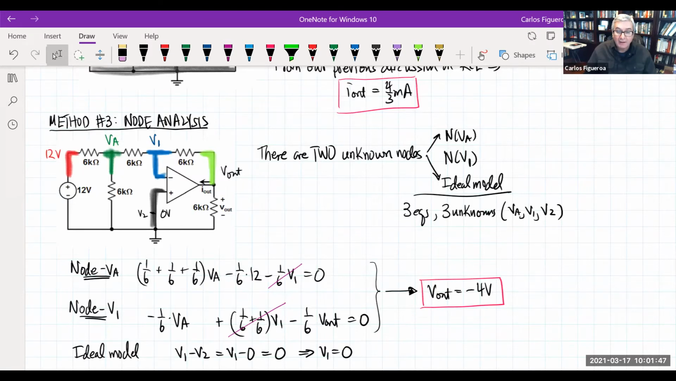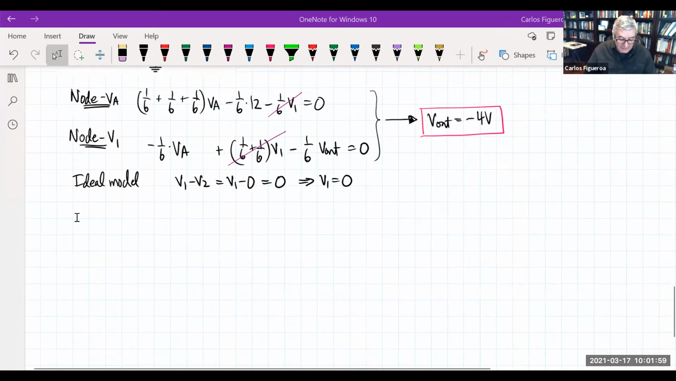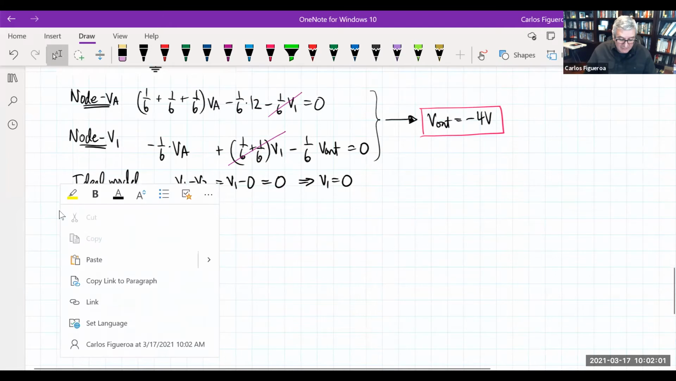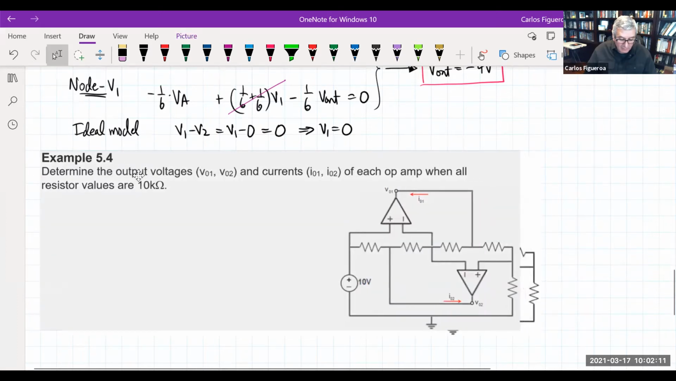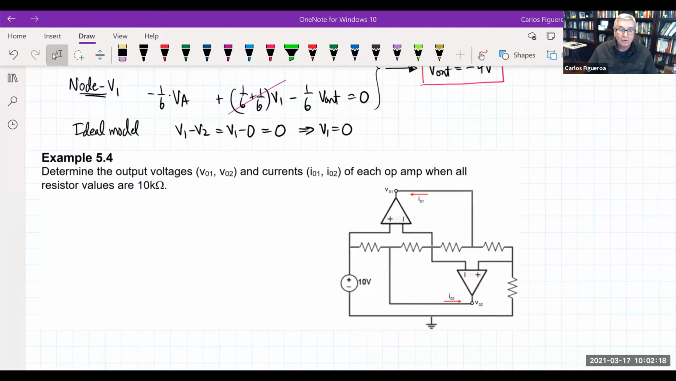Okay. I want to go into the next example. This next example I really like because it really helps you, I think, to actually see what is going on when you follow the current here. So what am I doing here? So the first thing that I want to do here